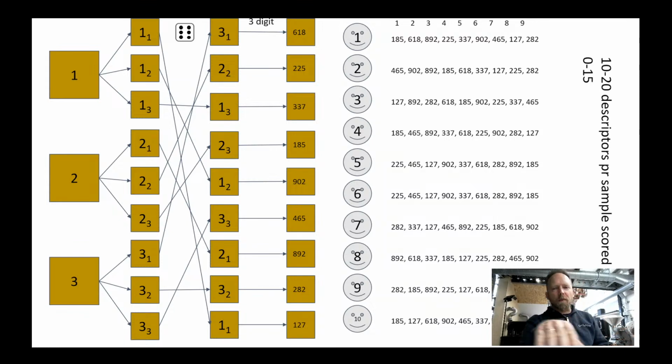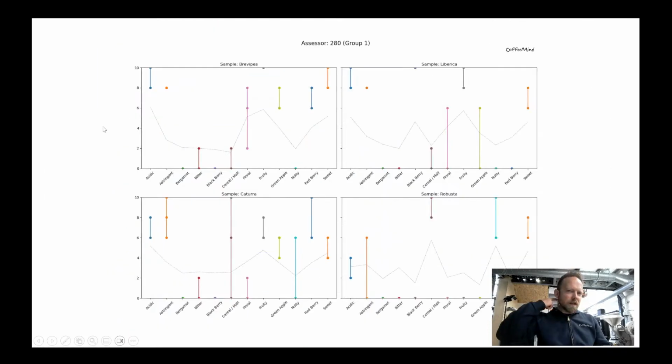Now we are looking at the properties of the individuals, because everybody tasted the same sample 3 times without knowing it. And they had to score the same descriptors per replicate. So here you can see the scoring of each individual person. You can see here assessor 280. The assessor 280 was served the Brevibus sample 3 times and scored the Brevibus 3 times on the same descriptor without knowing which sample they tasted.